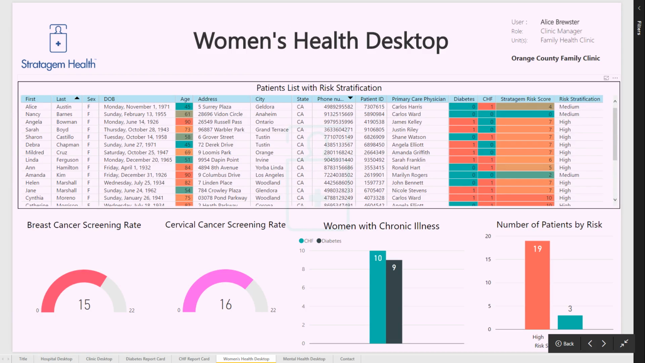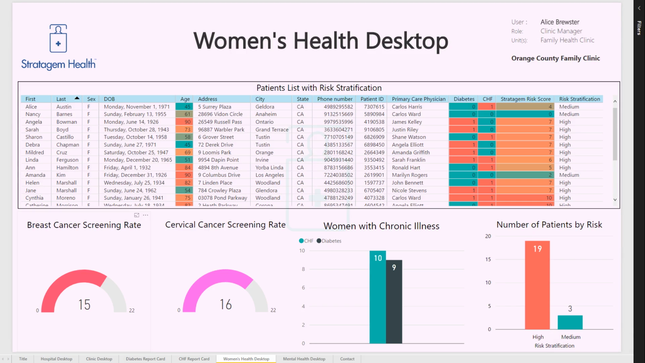Now let's focus on a women's health desktop. Clinics and health systems, including hospitals, increasingly need to screen patients, especially women, for cancer. And that means mammogram for breast cancer screening and pap smears for cervical cancer screening. And most systems face this huge challenge in various ways. And one way to get to that is through a desktop which runs analytics to give some actionable